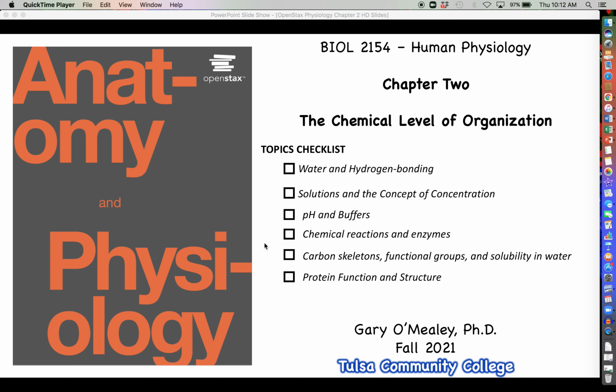Chapter 1 saw us focusing a lot on the fundamentals of physiology, and in particular, we spent a lot of time talking about the levels of biological organization, starting with the most simple atoms like carbon and hydrogen and oxygen. And then from there, everything kind of fits together like building blocks, and you start making things that become increasingly more and more complex.